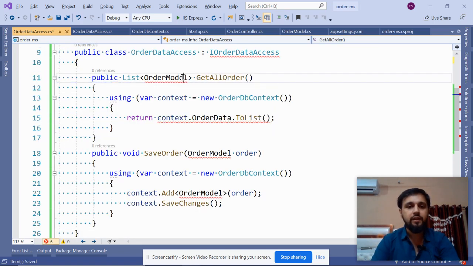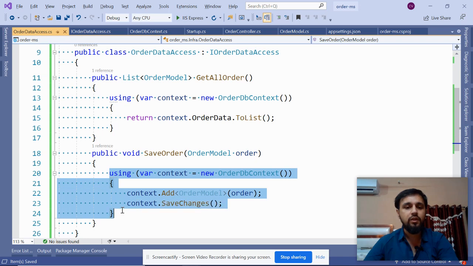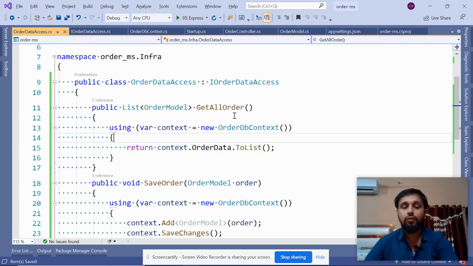So let's copy the class, and this is the simplest class. Don't worry about the methods, I think you must be familiar. This is the simplest ever get and save methods. The focus is not on writing the code as per best practices for these files, because we just want to save the data for the basic sake. That's all our purpose is.